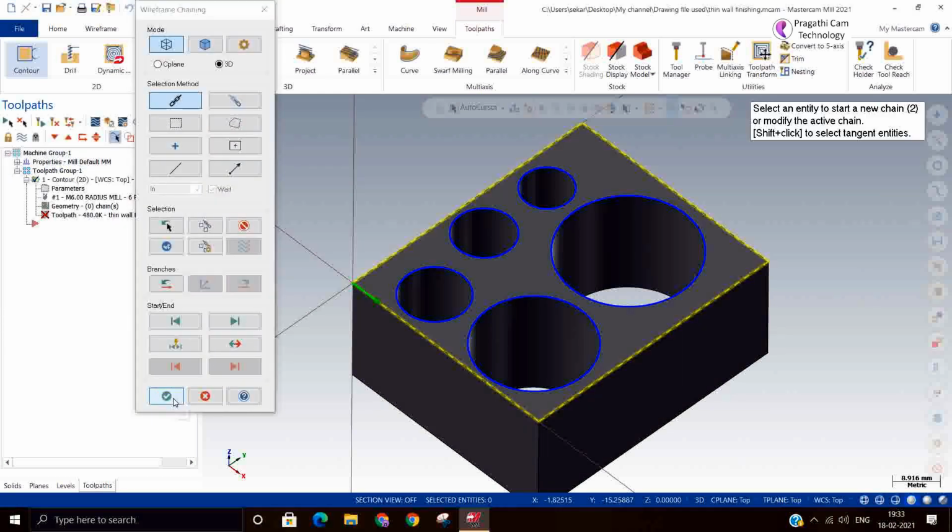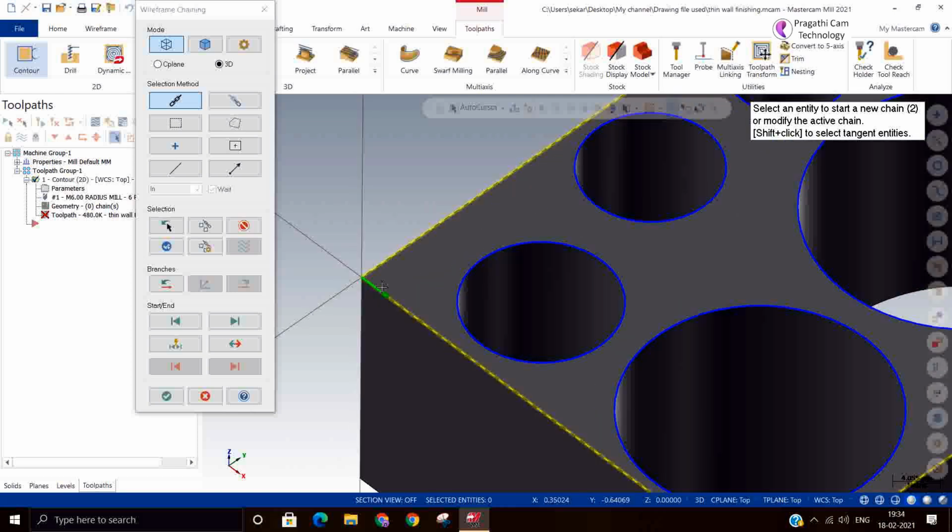Its compensation is right side. How do you decide the compensation, left or right? You can see that there is a green arrow. You stand behind the back of this green arrow. Now you can decide whether the tool has to come on the right hand side or left hand side. So the tool has to be on the right hand side.